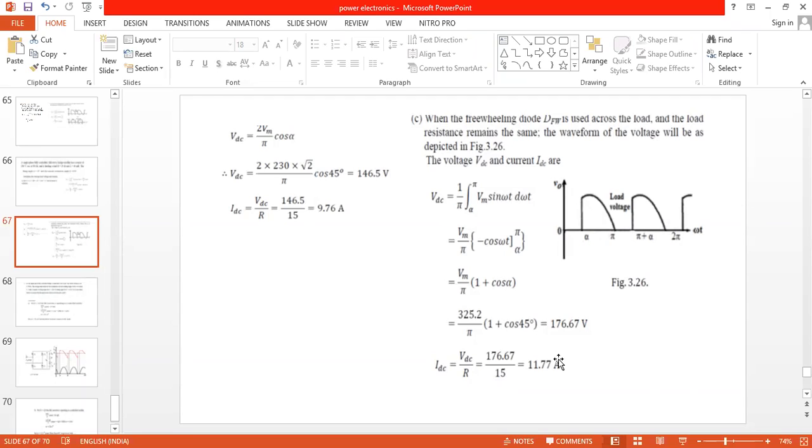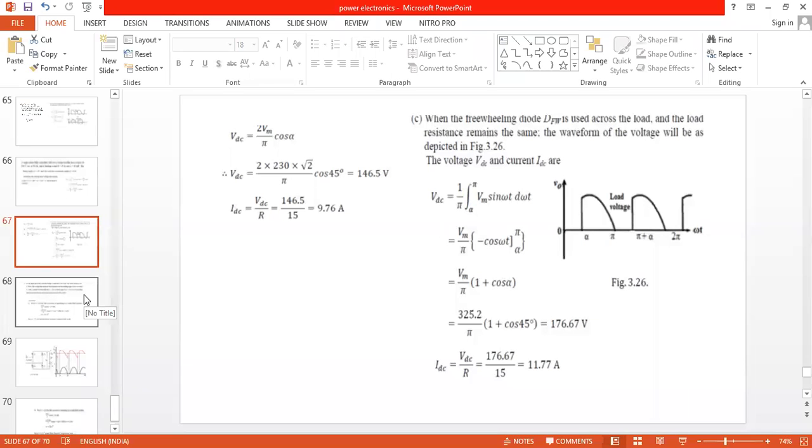Where do we see this condition? When an electric train is approaching a nearby station, the electric train power supply is turned off. At that condition, the inductor starts to release the energy. That energy is not transferred back to the source. That energy is applied to the motor, and that motor rotates slowly and it reaches the station. This is the practical explanation of the energizing and de-energizing of the inductor.